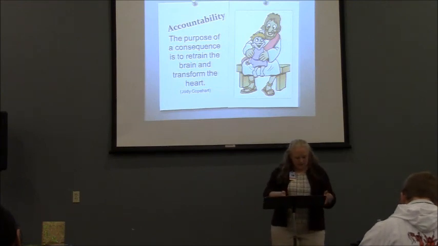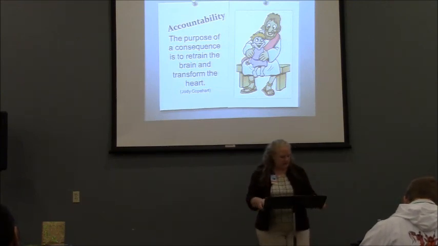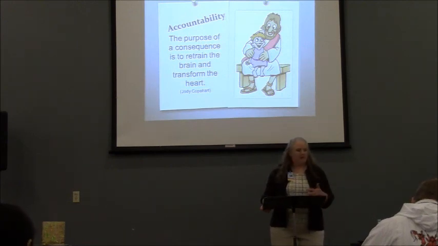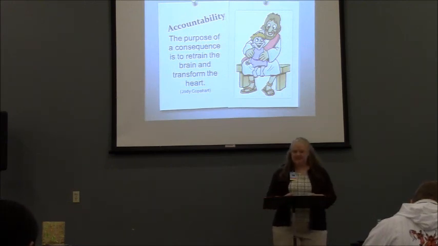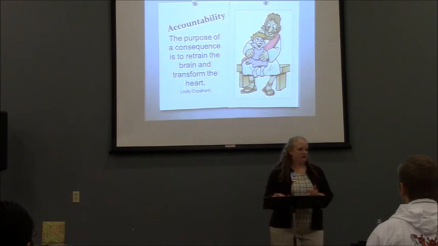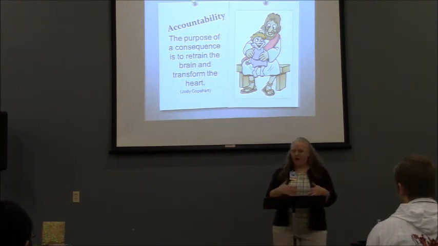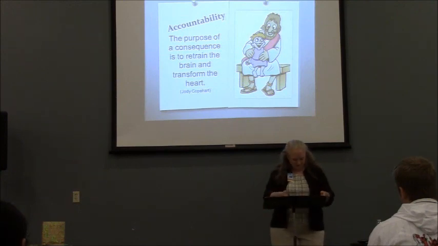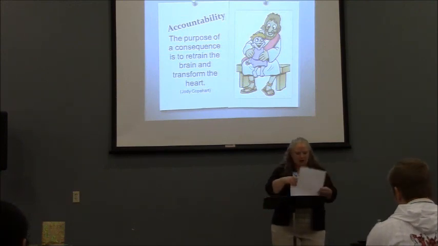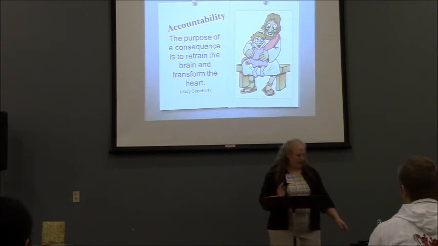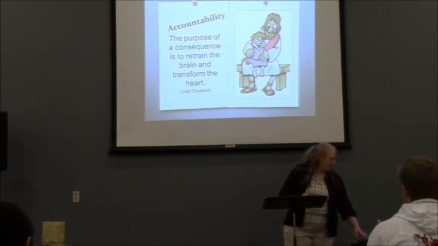Okay? So some examples of reasonable consequences are, if a child plays with a toy, they put it away. If they spill their juice, they clean it up. If they spill a child's juice, one of their friends' juices, they clean it up and get a new drink for their friend. If they hurt someone, they need to apologize and see what they can do about making it right. These are reasonable consequences. Teach your kids that they're responsible for their behavior and the results of their behavior.